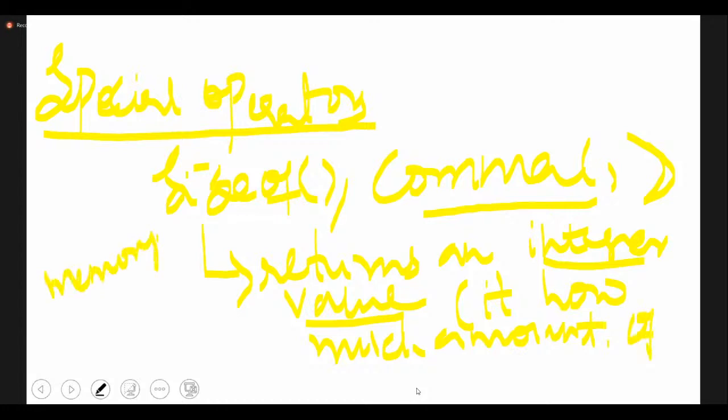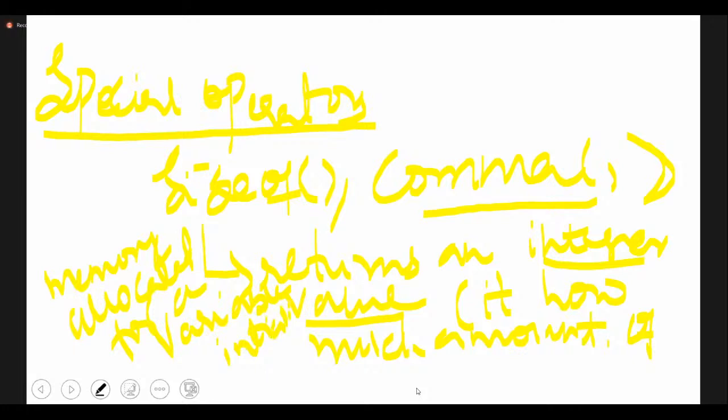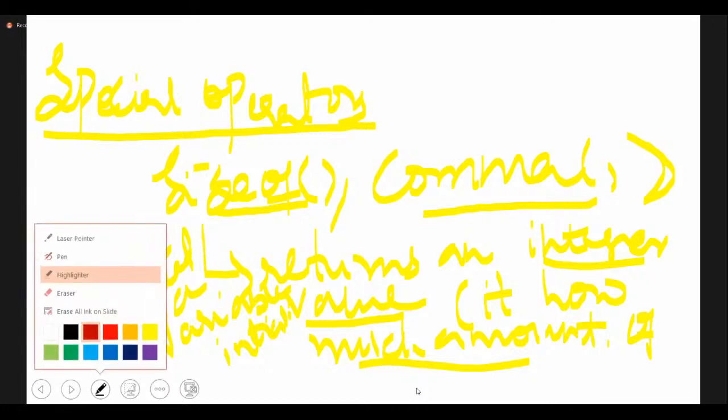Memory allocated for a variable initialized. So the sizeof operator always returns an integer value, which tells how much memory has been allocated for the given variable which has been initialized.